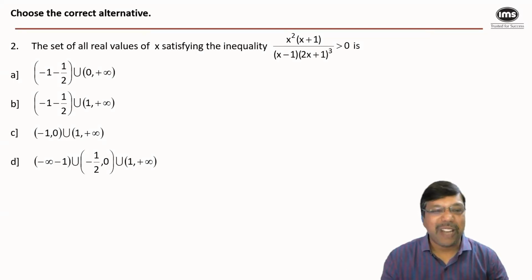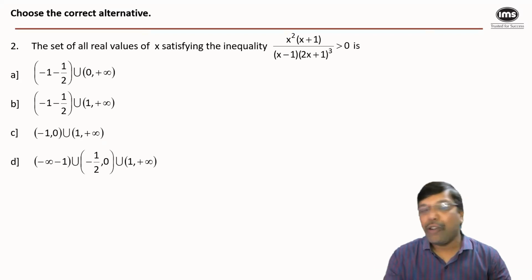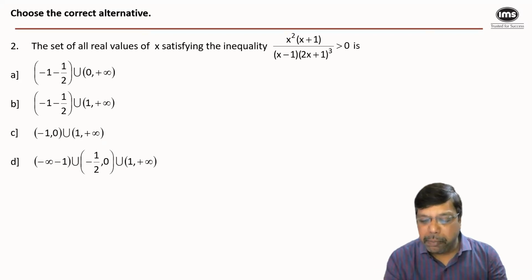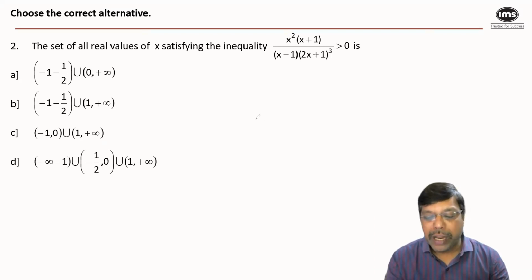Now let's see the second question. We need to find the set of all real values of x satisfying the given inequality. Let me show you both the conventional method as well as a smart cut, which will help you identify the answer faster. Now, when I multiply the entire inequality with x minus 1 into 2x plus 1 whole cube,